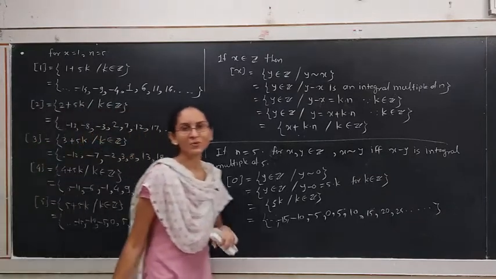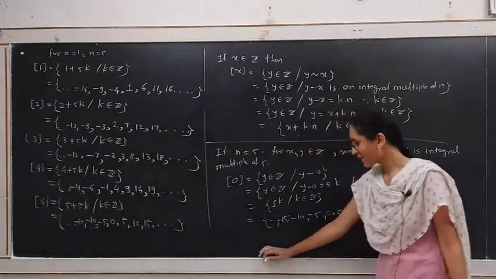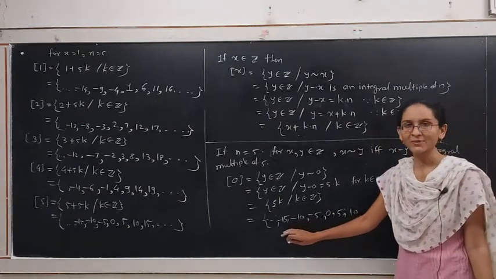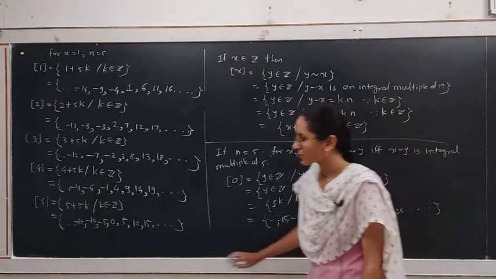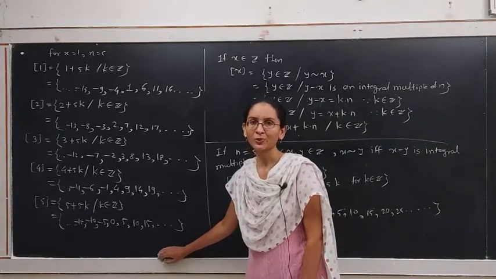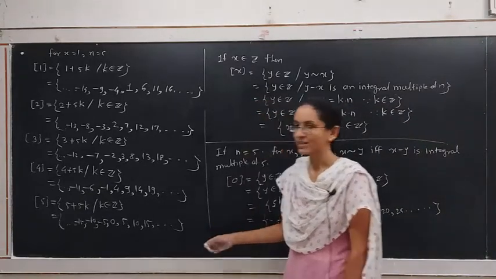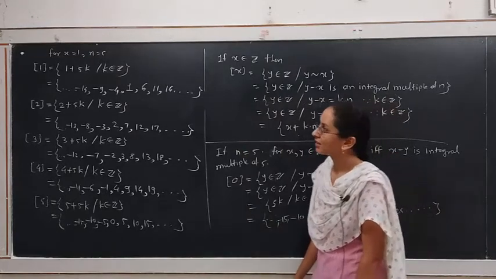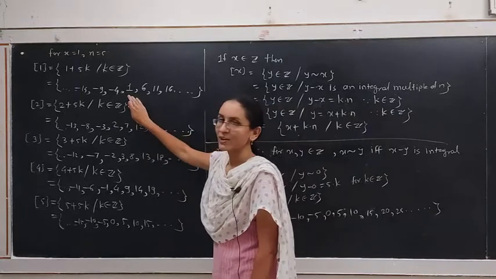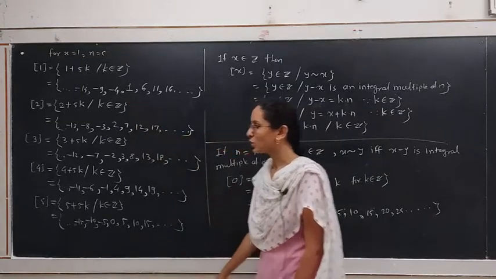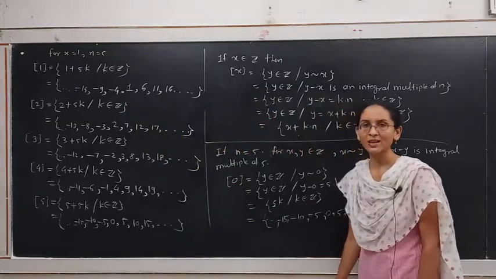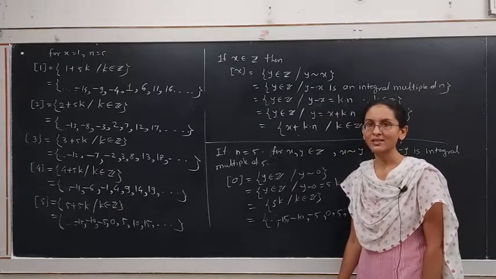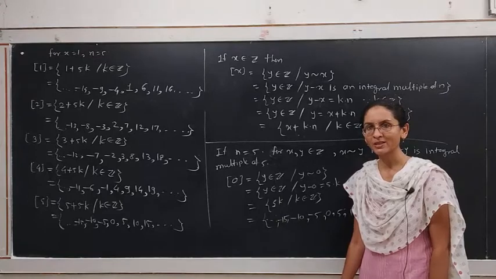See the equivalence class of 0 containing the elements 0, 5, 10, 15, 20, minus 5, minus 10, minus 15. All these elements belong to this set, the equivalence class of 5. So if we find the equivalence class of 6, then it will coincide with the equivalence class of 1. We know that any two equivalence classes are either identical or disjoint. Either both are the same or they contain no common elements.